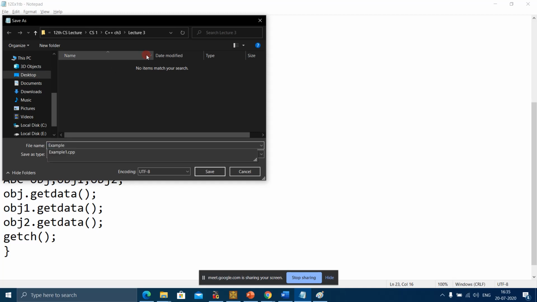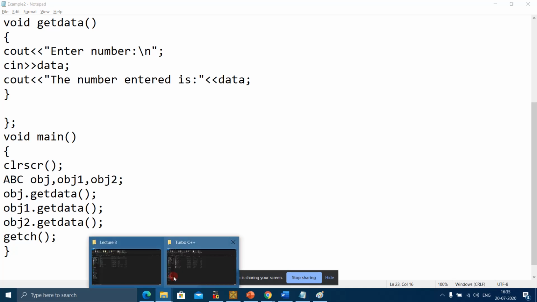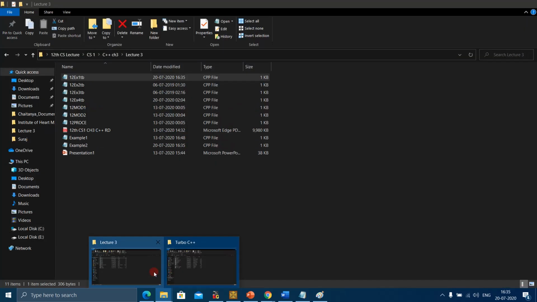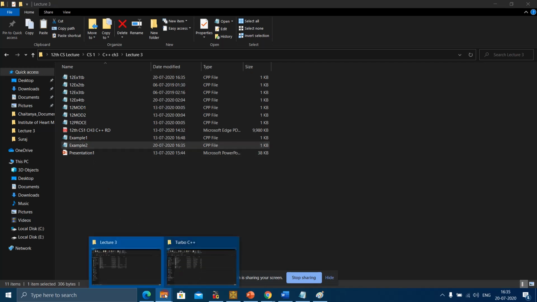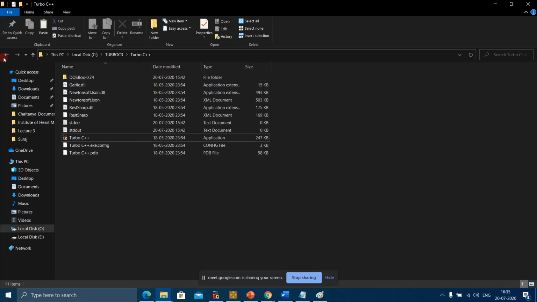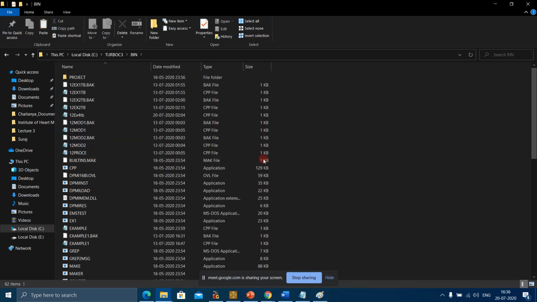For example, I'm giving the name as example2.cpp. Save. I told you before that you'll have to copy this file in your bin folder. I'm not repeating the steps again. You will find the Turbo C++ folder in the C drive.